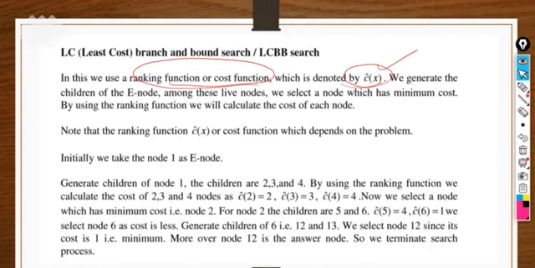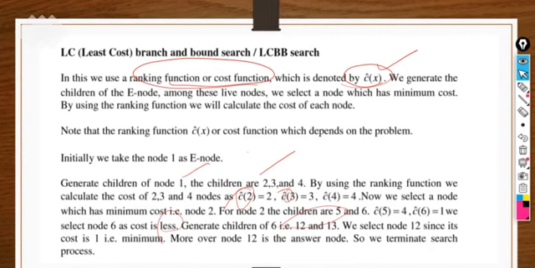If any problem is given to you to solve, you have to provide the solution as in the case of minimization. If you have the solution as a maximization for any problem, then you have to convert that maximization solution into a minimization one by changing the symbol from positive to negative. That we will discuss, how we will change the symbol, right? So initially we will mark the function here, take the E node here and live nodes with respect to those E nodes. Then we will find the cost function with respect to each and every node, and we will find the minimum cost node at last, and whatever is the minimum cost node will be the solution node for the problem.